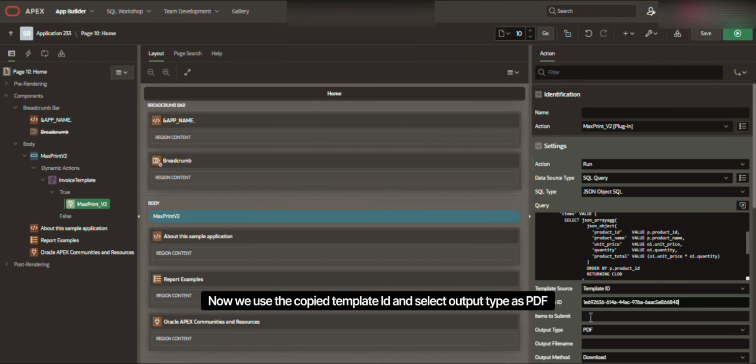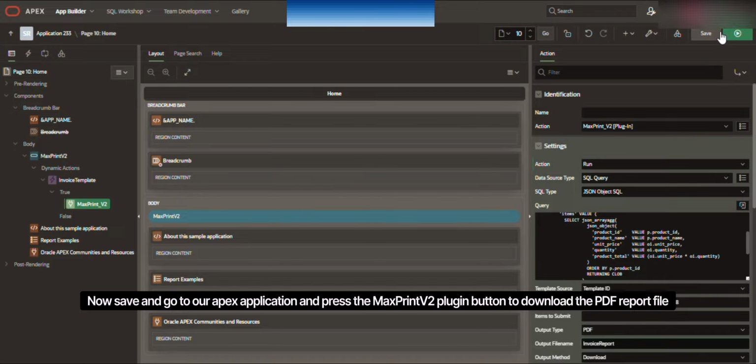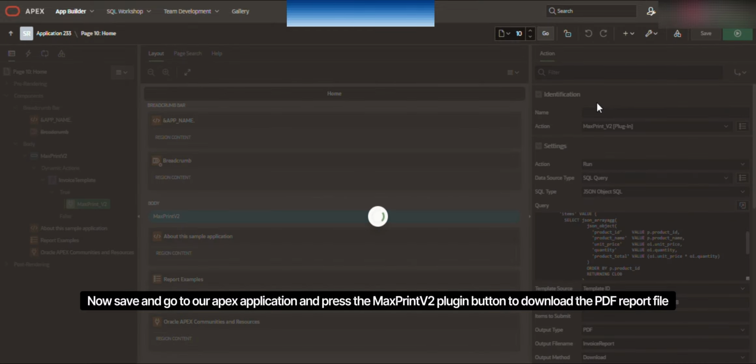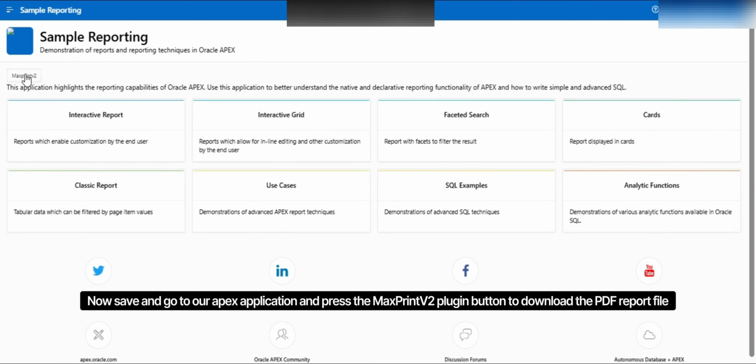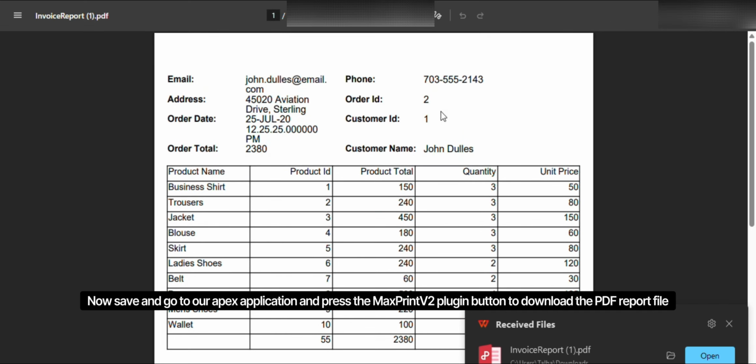Now we use the copied template ID and select output type as PDF. Set output file name to generate the PDF report. For output method, we select Download to download the PDF report. Now save and go to our Apex application and press the MaxPrint V2 plugin button to download the PDF report